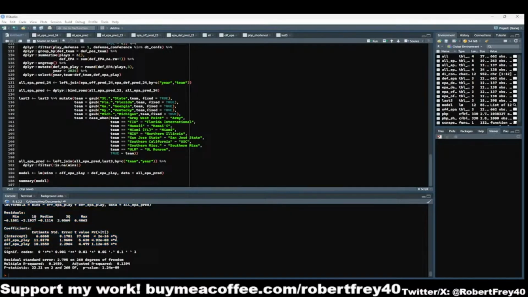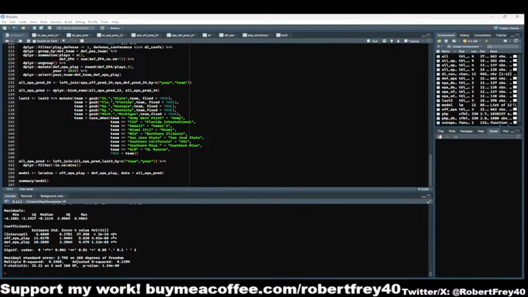So anytime, if you go back to your stats class, a p-value of 0.05 or lower is considered significant. In all these cases, every bit of the model is considered significant, which is good. Now, that doesn't mean, hey, this is a great model. It can lead you in the right direction. And then you have your R squared, which is 0.146. So there's a little bit of a relationship